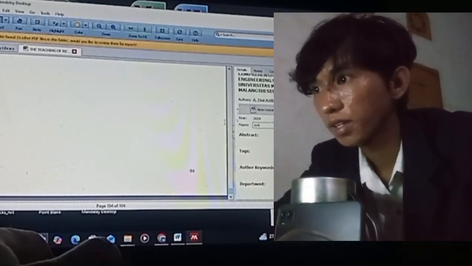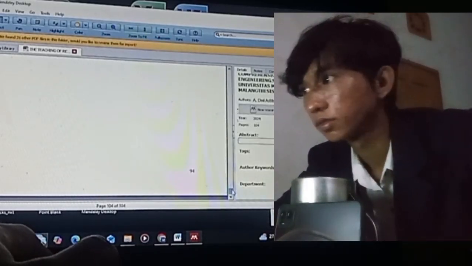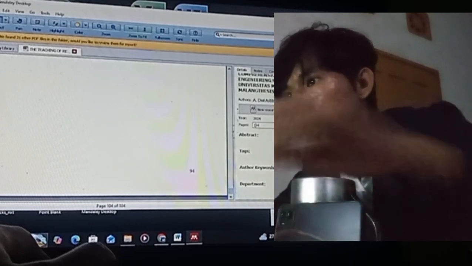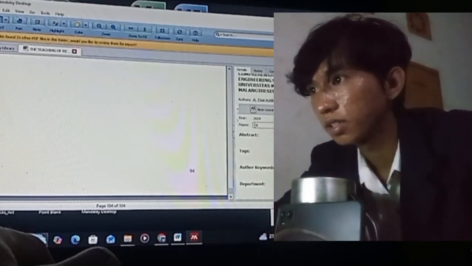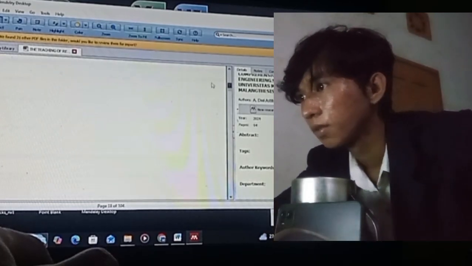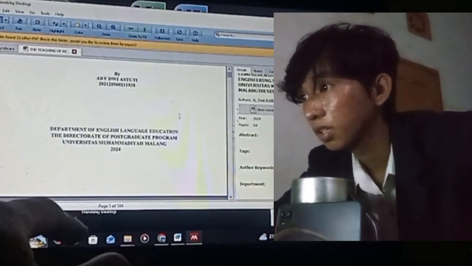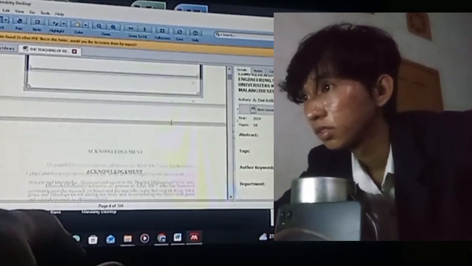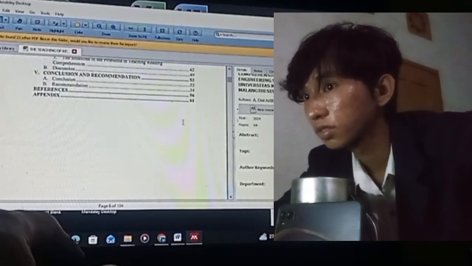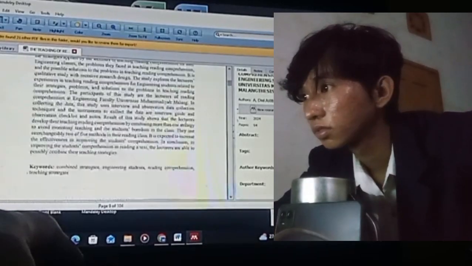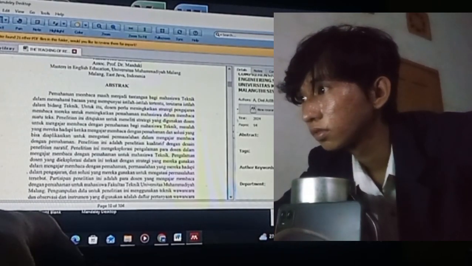And the abstract, you can find in the thesis. You can copy it.